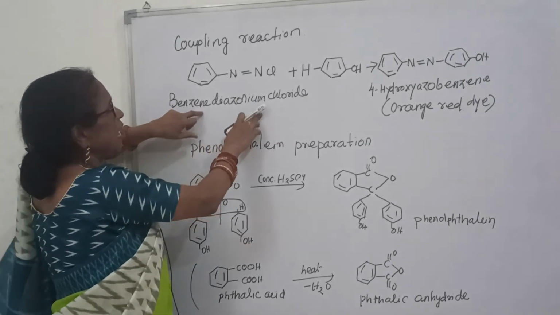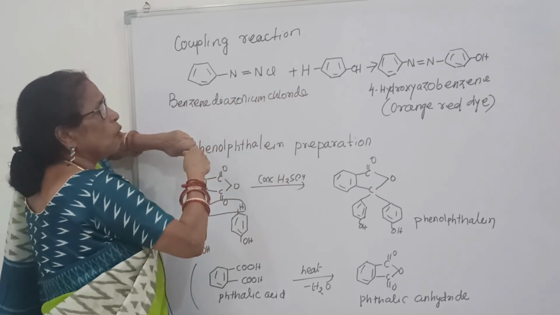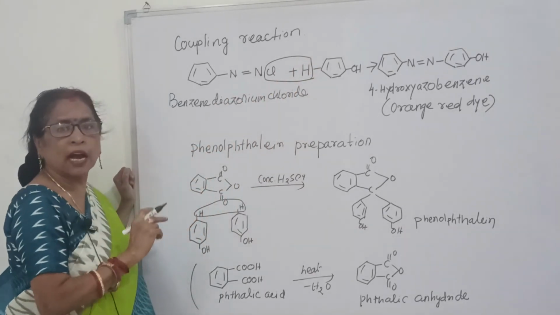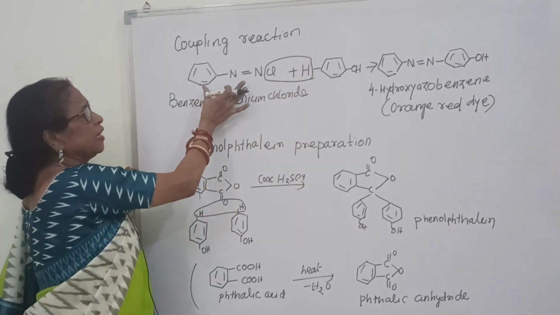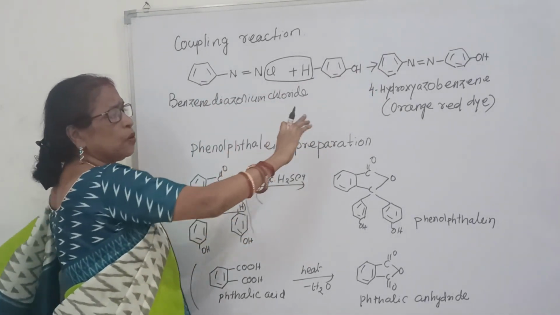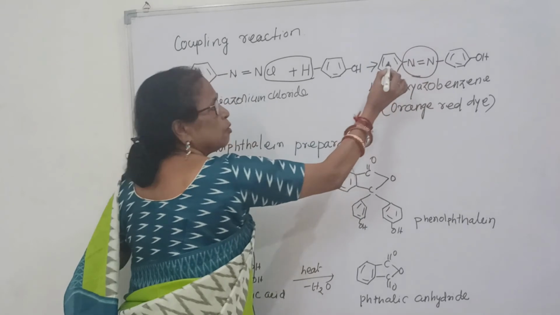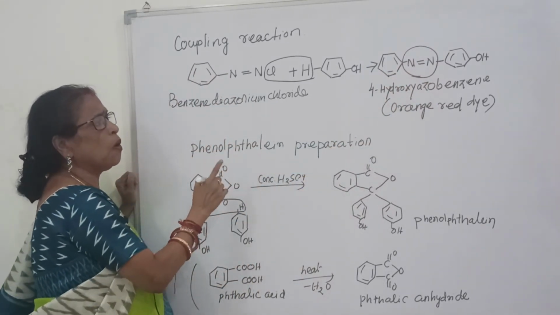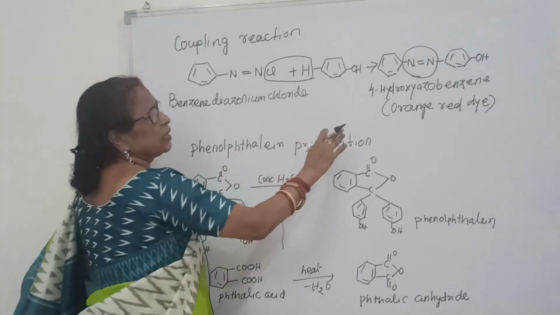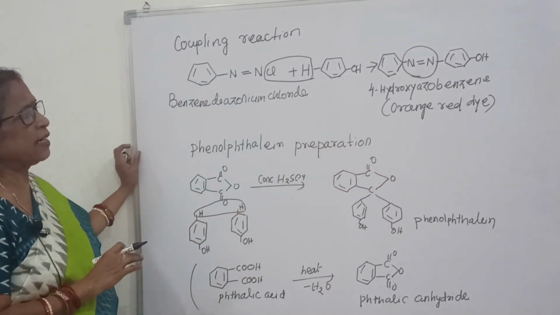That means here benzene diazonium chloride reacts with phenol. Now see Cl is there and in phenol the hydrogen on this side, and it produces byproduct hydrochloric acid. And what is remaining? Here you put this much and after that you put this one. Then this is the compound, 4-hydroxy, that side 4-hydroxy. This part is azobenzene, azo and benzene. So 4-hydroxyazobenzene, you can say this is azo group, and 4-hydroxyazobenzene is called orange red dye.